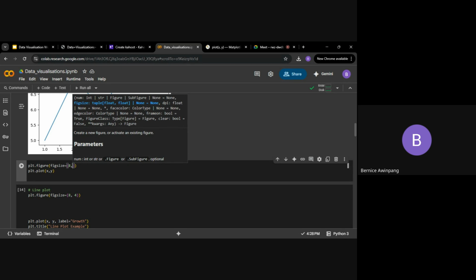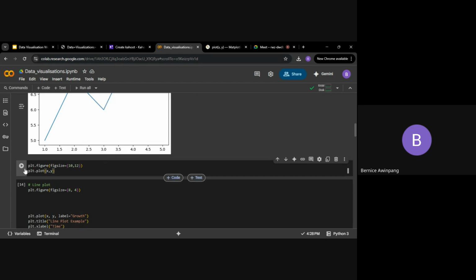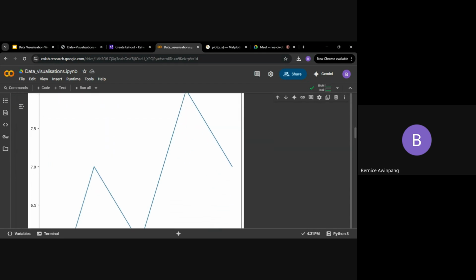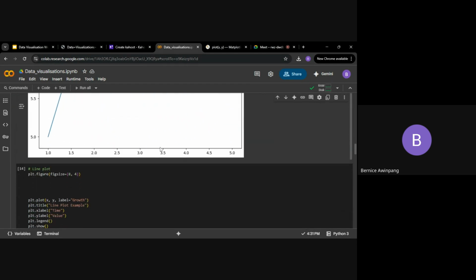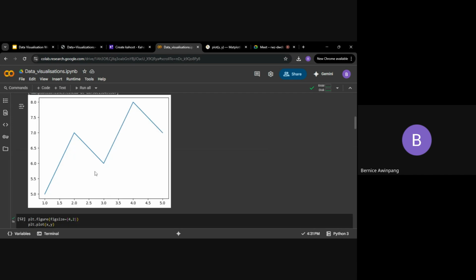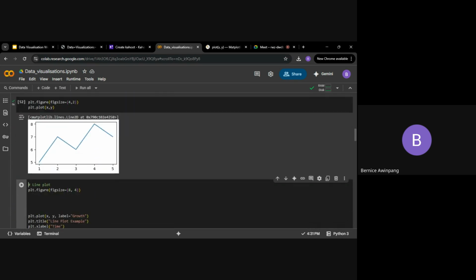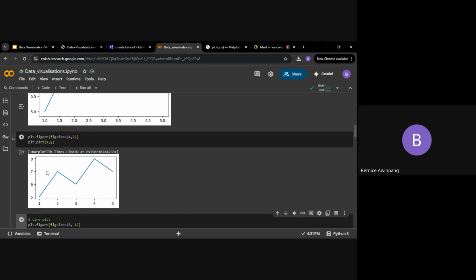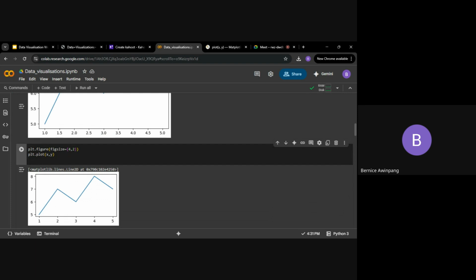Not all programming languages are that simple. Yeah. So let's say I'm going to do 10, 12. Yeah, you see, so you can just adjust it to any size that you want. I can do 4, 2, then you see that it becomes very small. And then also we can add a title, and that is also